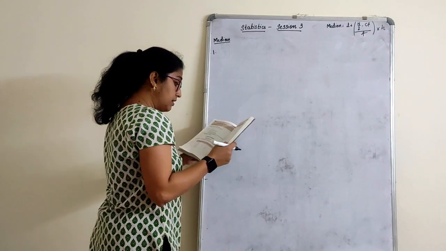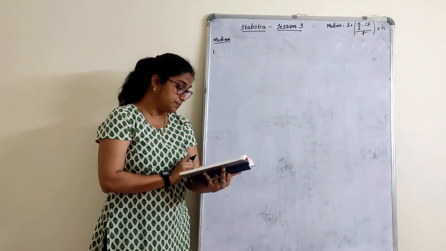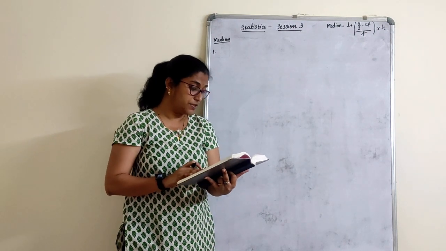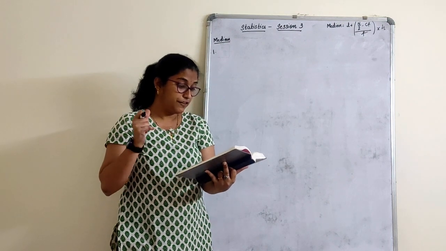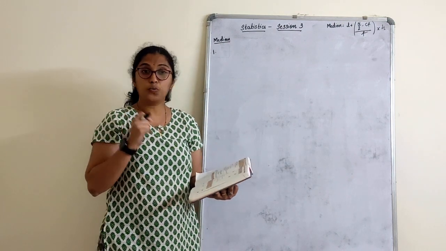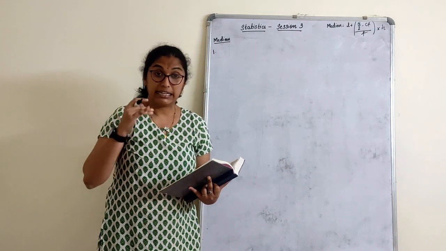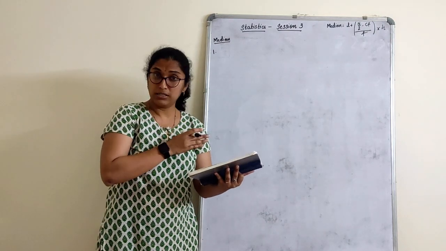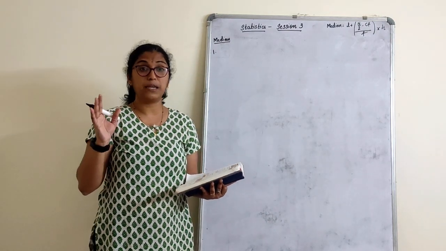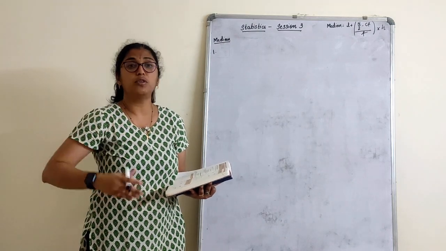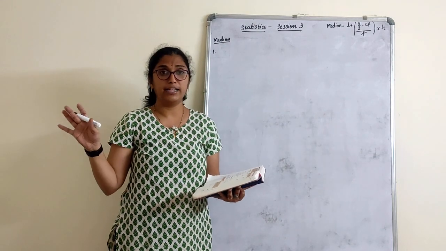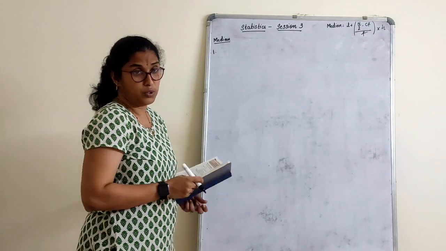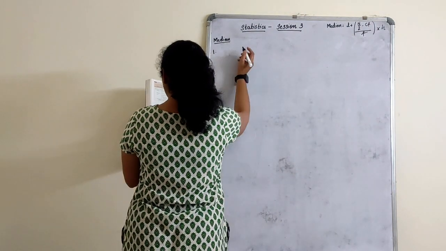See here, the first question tells you that the following frequency distribution gives the monthly consumption of electricity of 68 consumers of a locality. Find median, mean and mode. Now I am finding only median here. In an examination if they ask like this, find median separately, find mode separately, then if you want you can use an empirical formula and find the third value left to you, or apply the whole set of formulas again. Two you can find, the third one you can find using the empirical relation between mean, median, mode. Okay, let's quickly start.